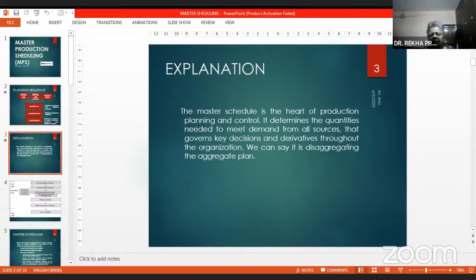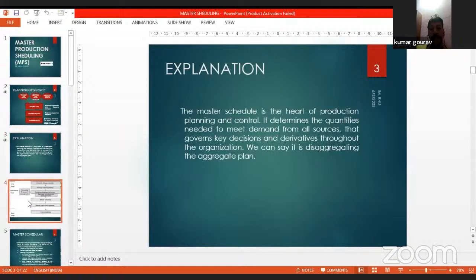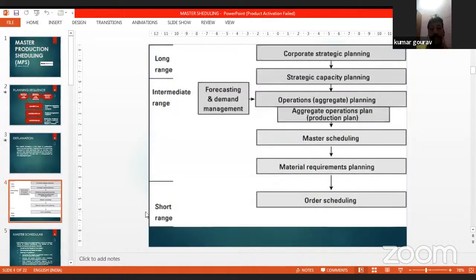From there, you are moving to specific products. So this is the total layout or the flow of programs that will be for long range.